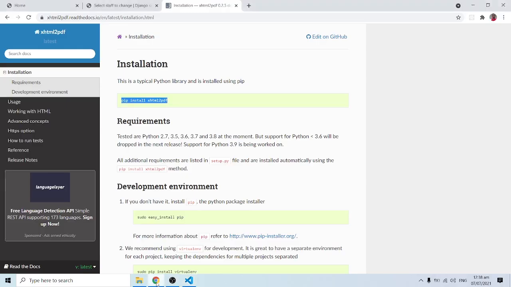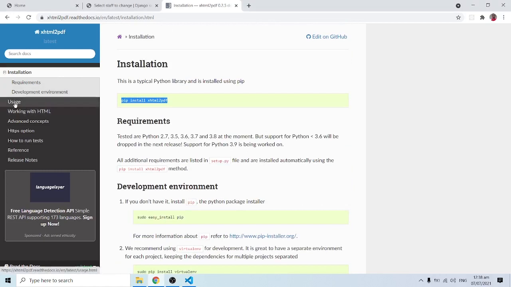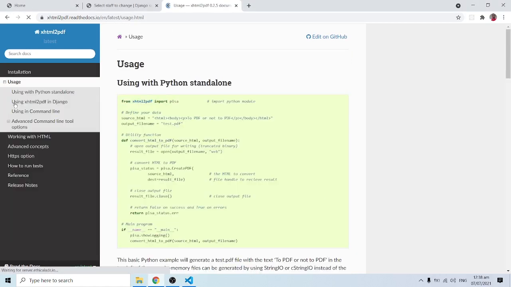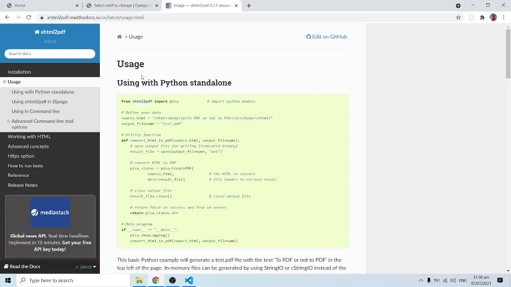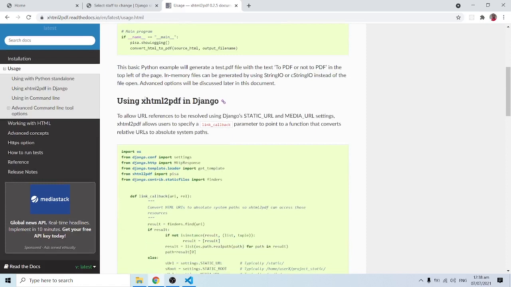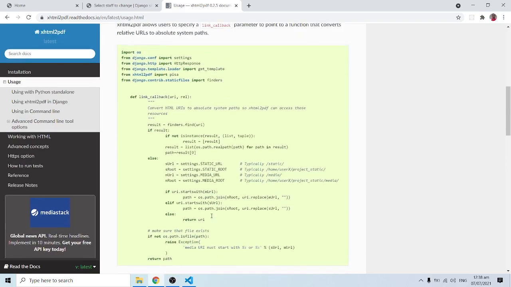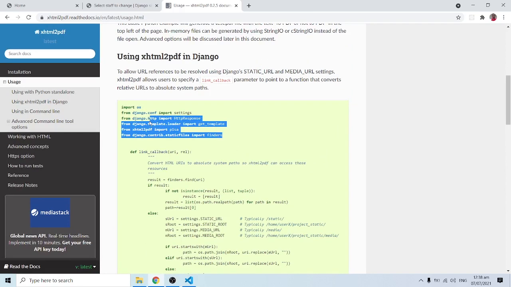So now that the installation is through, I also need to come in here and click on the usage. So for usage, there are basically two ways we can use it as far as the Python implementation is concerned. We have it when you want to use it as a standalone in your project. Then fortunately for us, if you want to use it in a Django application, we have something tailored for that particular purpose, and we are going to make good use of what we have over here. So clearly, let's copy these